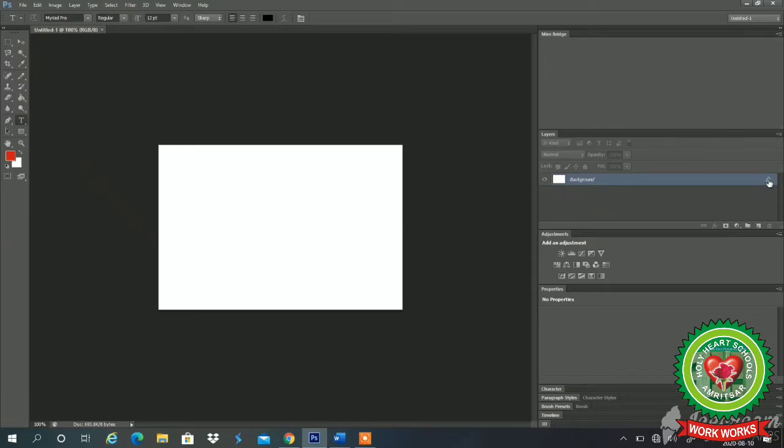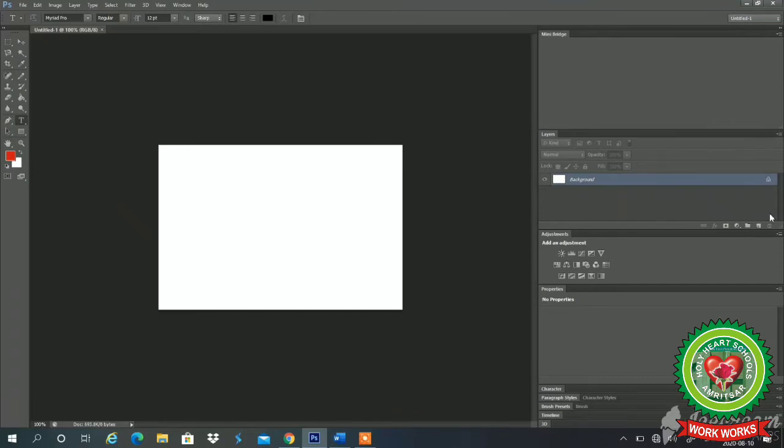By default, the background layer is locked, and it will come in the stacking order at the bottom. Means the first layer is the background layer. After that, when we need to create the next layer, it will come over it. And if you want to delete this background layer, firstly you have to create a next layer, meaning that at least one layer should be there, maybe the background, maybe any other.